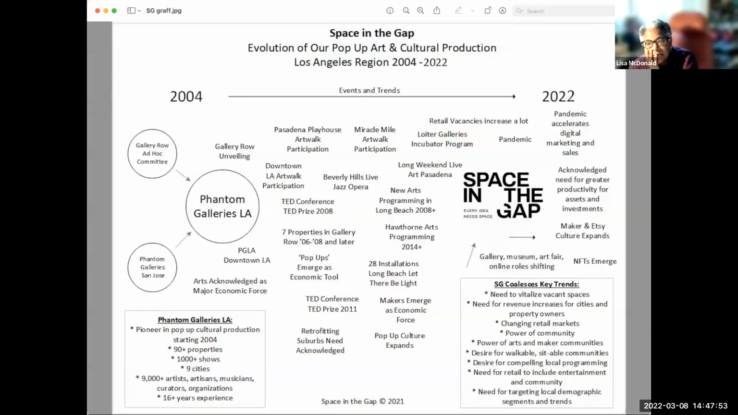Let's see. Oh, there we go. I couldn't get the two to work. I'm very upset, but I'll share the one I haven't finished working on, but this is, I think, the map